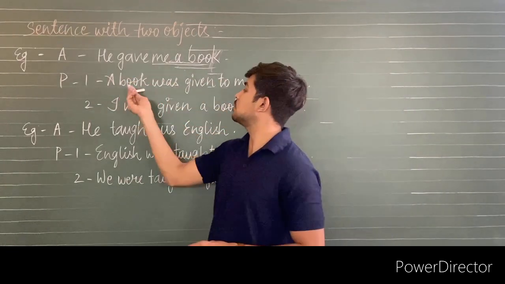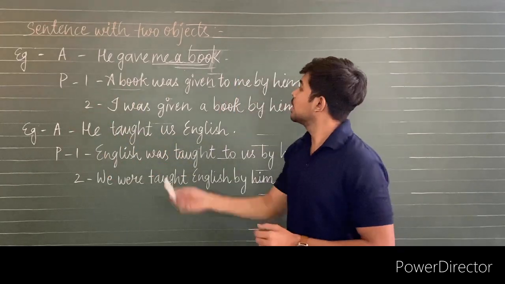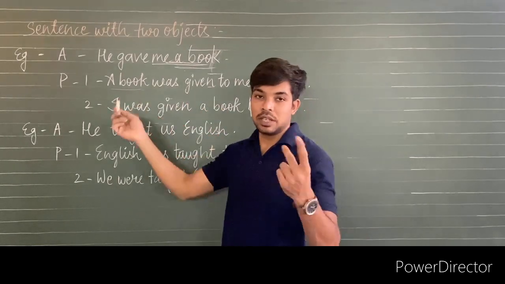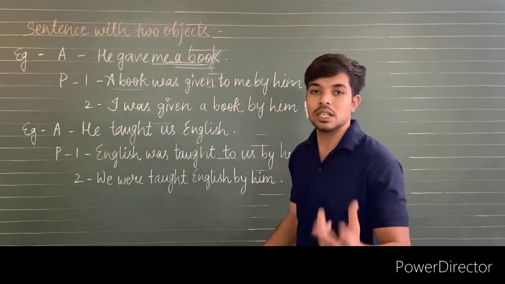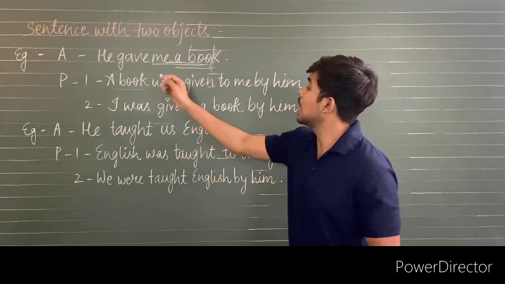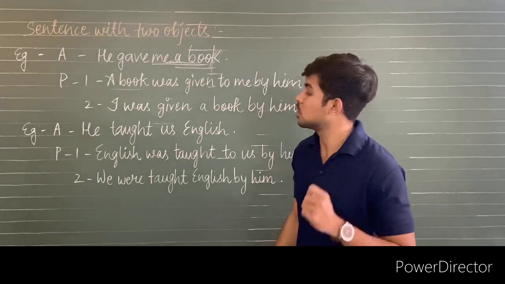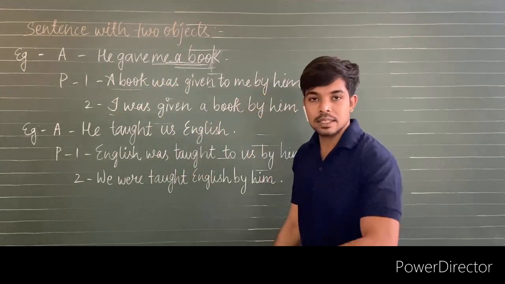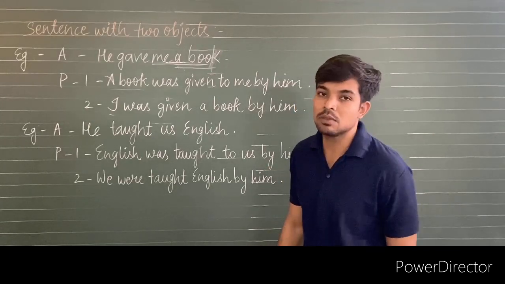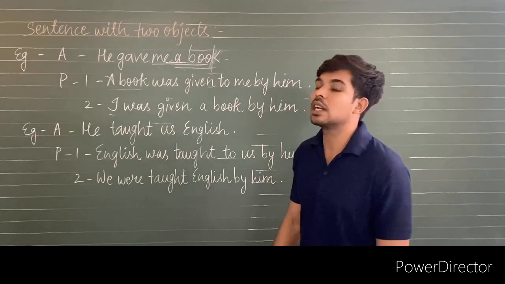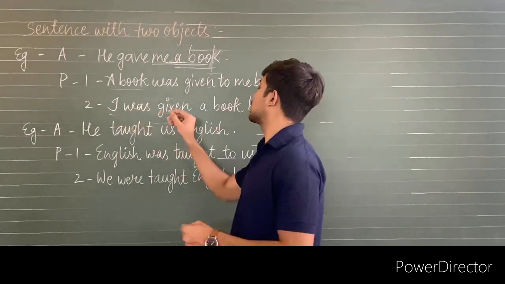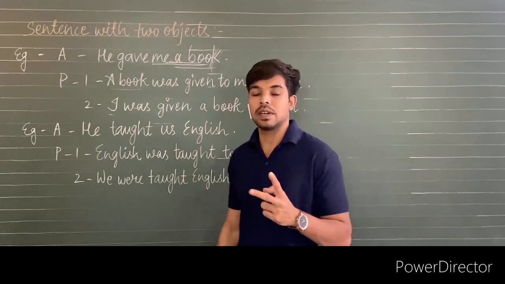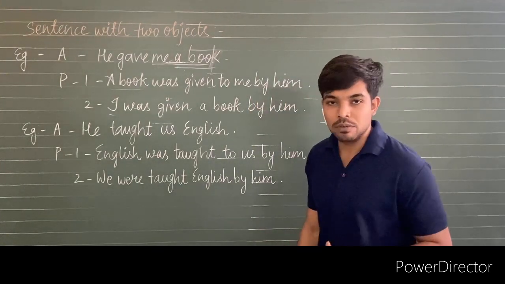Here we have taken the subject as a book. But in this sentence we are having two objects. So a book we have taken as one object. What we have to do to form another sentence is to use the second object of the sentence. So the second object will become the subject. As "me" is coming on the object side, if we convert it into the subject, the "me" will be converted into "I". So, "I was given a book by him." So these are two different ways of forming a sentence with two different objects.